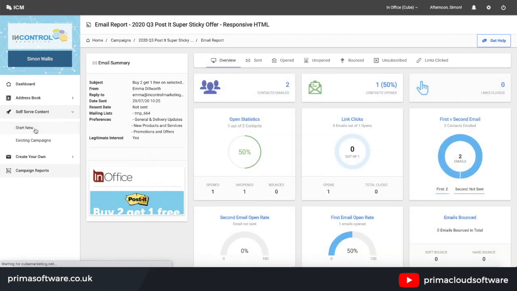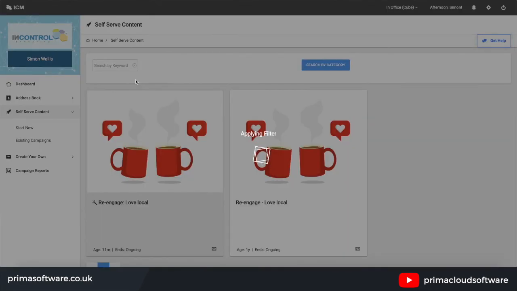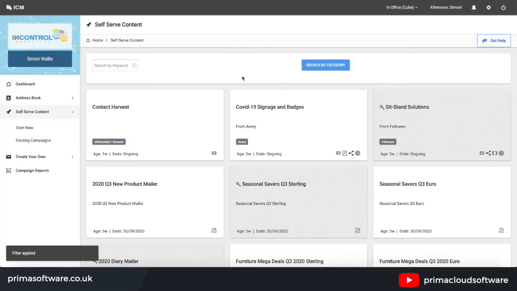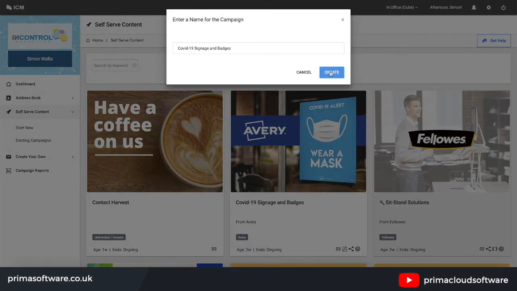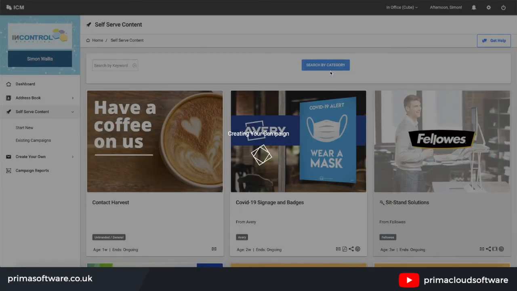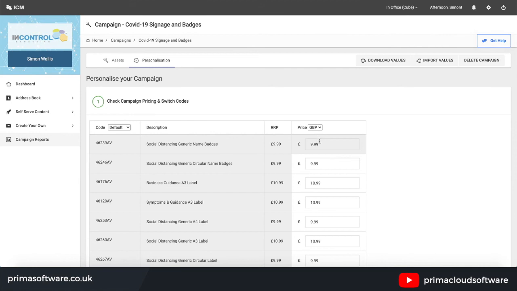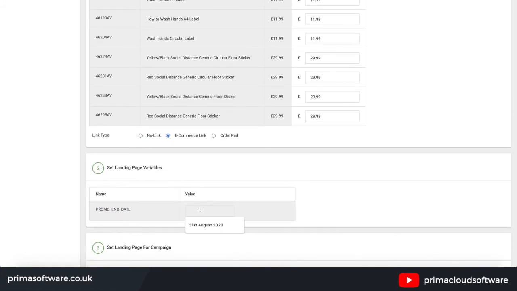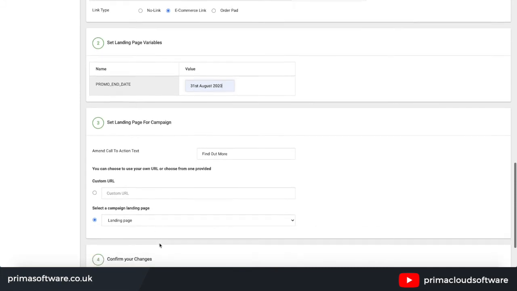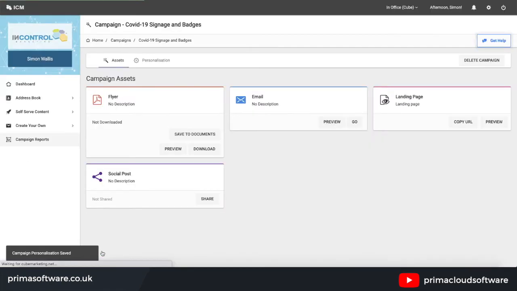Other examples of content that I could send include product-based pre-prepared content. So I could send this COVID-19 signage and badges email. I'd click start. Again, I give it a campaign name. And again, this is where I would set up the personalization. So I can personalize the pricing. I can personalize the currency. I can link it directly to my web store. I can put in a sale end date, click save,